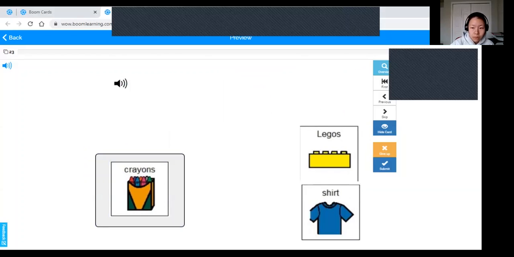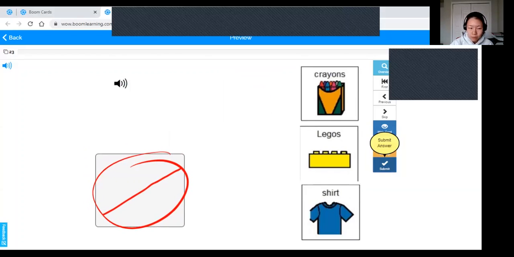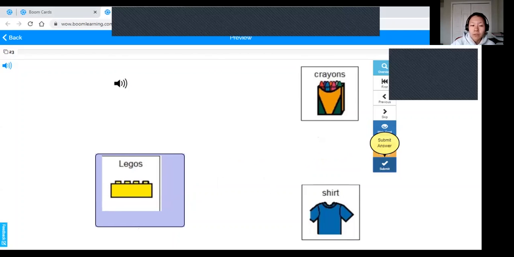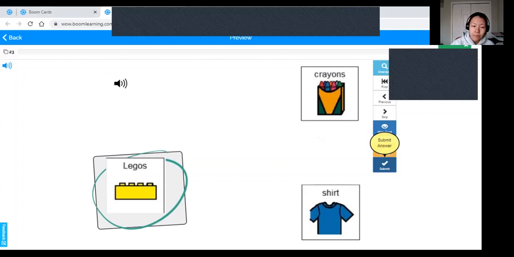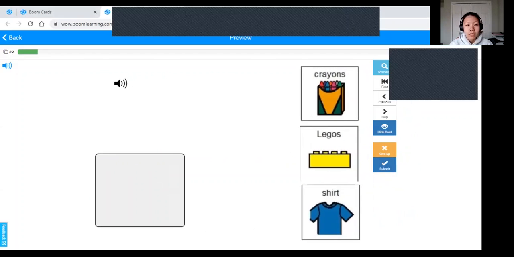Let's say they chose the wrong one, and then you submit. It will give you that error message. And if you did the correct one, it'll give you that little nice bell. So you can move forward. Crayons. And keep using that little volume icon to get the directive for what it is that you want your